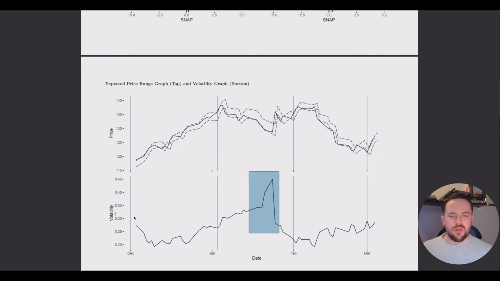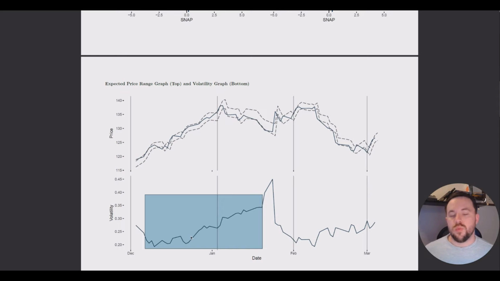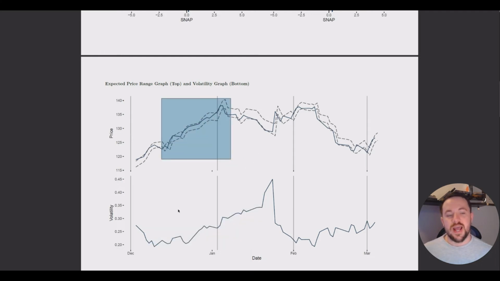Recently, volatility, so this is implied volatility, it looks like towards the end of January, just dropped off the face of the earth. So a lot of liquidity entered into IBM, and currently volatility is rising. One of the things I look for is if I notice a trend in volatility, like here, volatility is overall rising. I like to see what is the price doing as volatility is rising, and the price is also rising. So that tells us that as the price rises, there's diminishing liquidity.